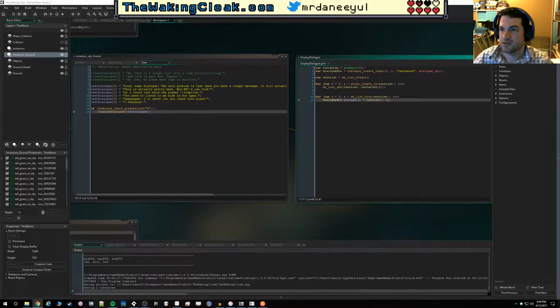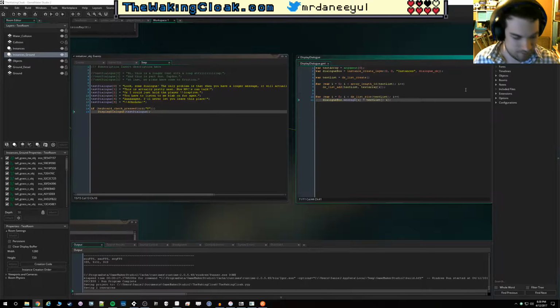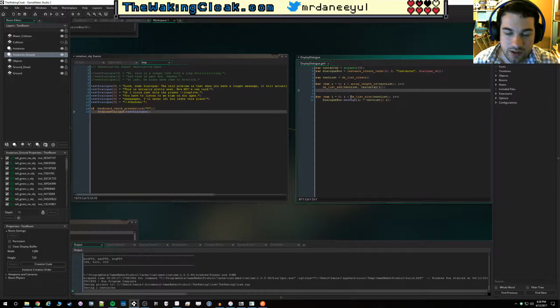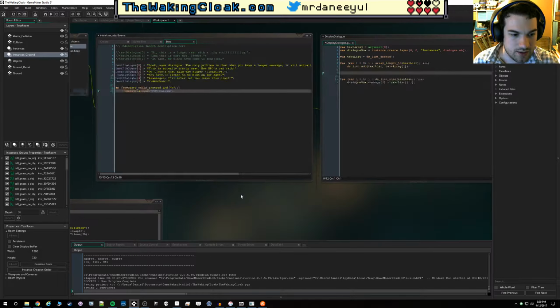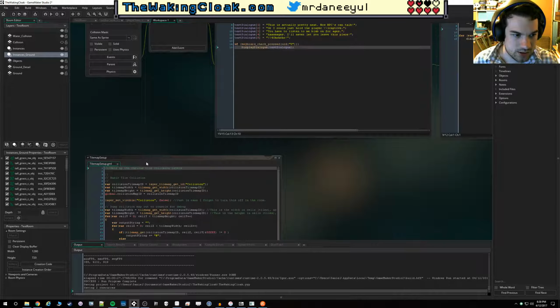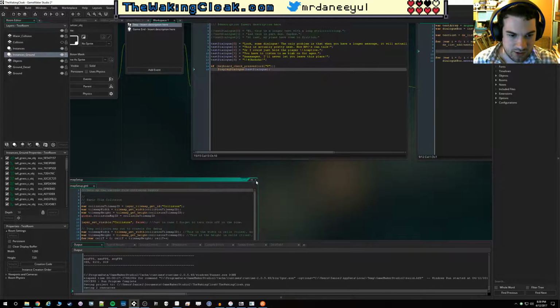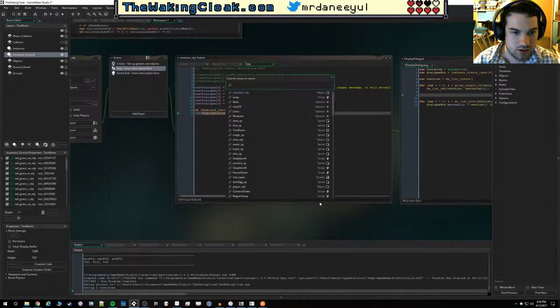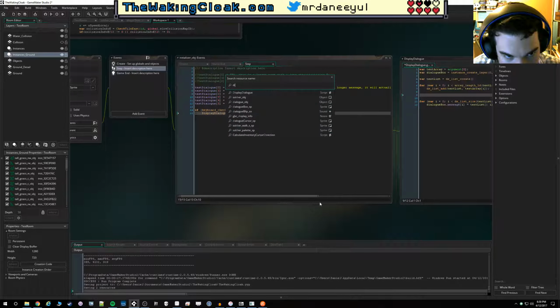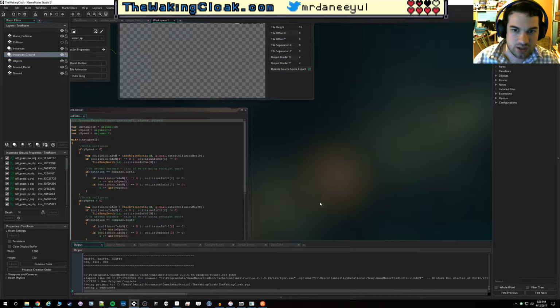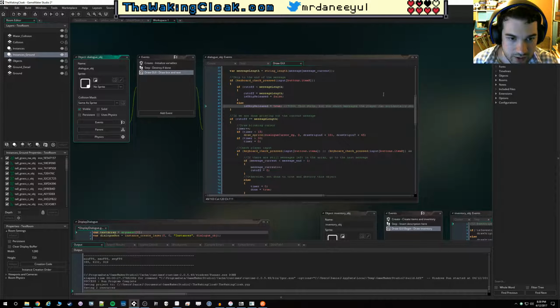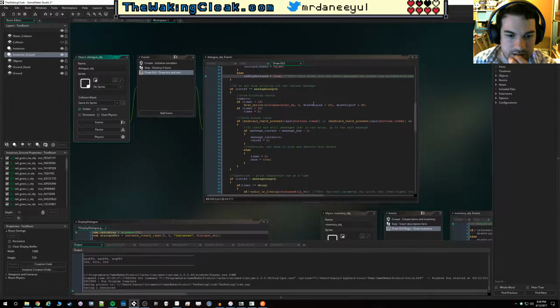Okay, yes, that is exactly what I wanted to do. It's a little confusing because I'm not used to that syntax, but that's okay. Okay, so next what we want to do is look at the, nope, not the tile map. Why is that open? The dialog object, which is way down here. And what this does,